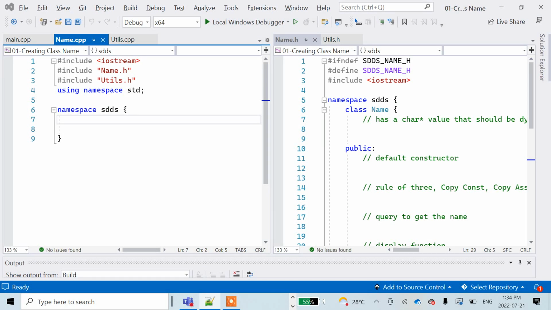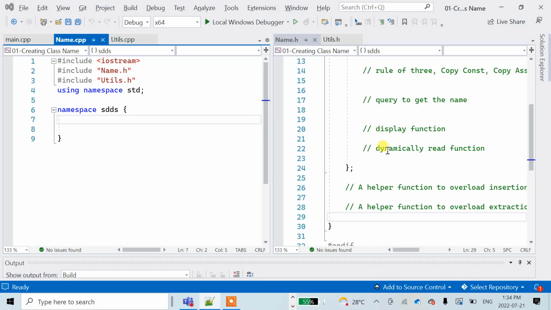So not only will we have, for the class name which we will first create, the display and then the overloading of the insertion operator, we will also see dynamic read,